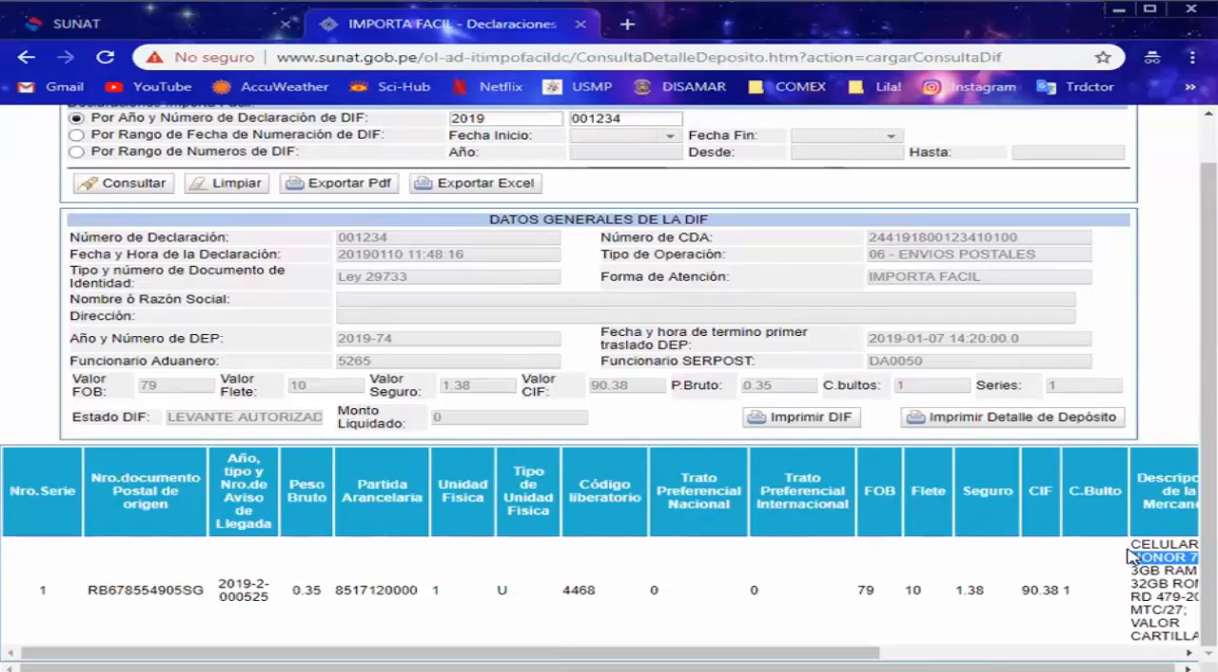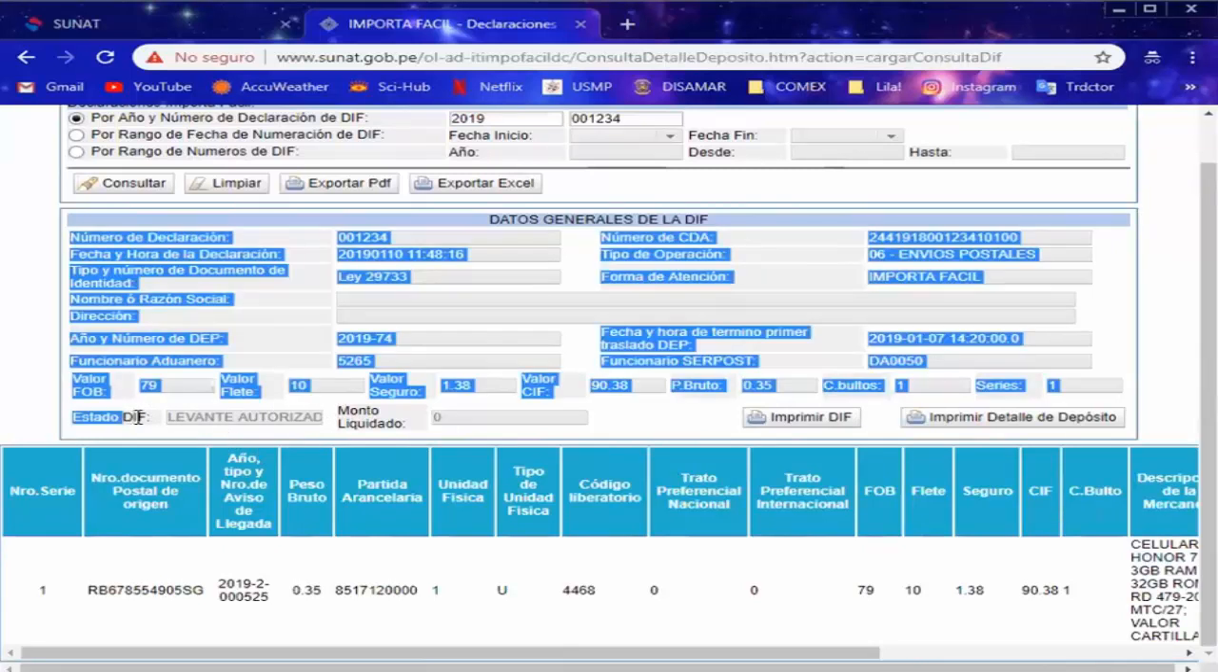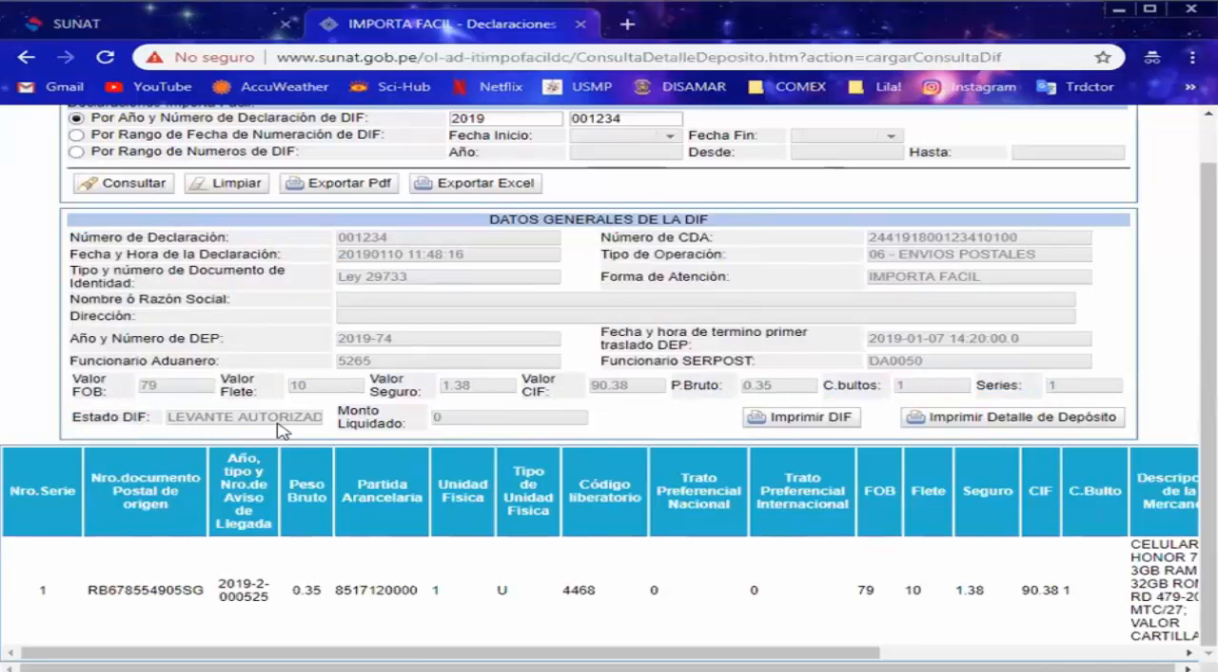So in this case, because it is just one cell phone for personal use, they will not need any kind of permission from the Ministry of Transport and Communications. So they are allowed to use Importa Fácil, and also they will not have to pay any kind of duties because it is less than $200, as you can see. So they say here you can see the status of the DIFF. It says that it is authorized for SUNAT to let Serpost bring the product to